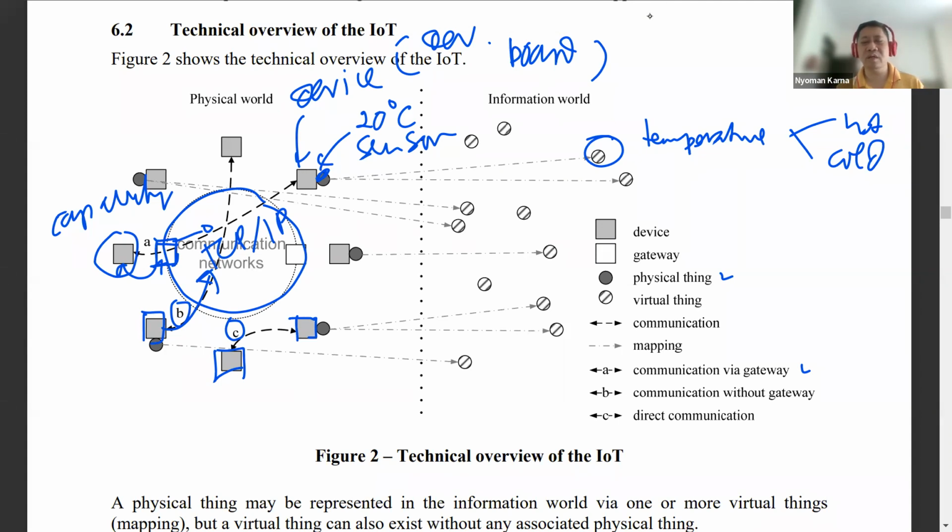So don't worry if someone tells you that machine-to-machine communication is not an IoT. Actually, it is. Because there are three types of communication in IoT: via gateway, without gateway, and direct communication.